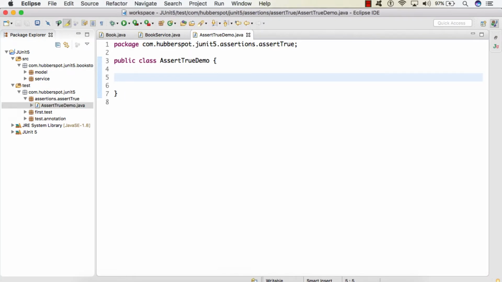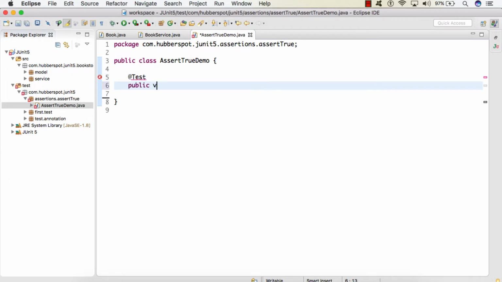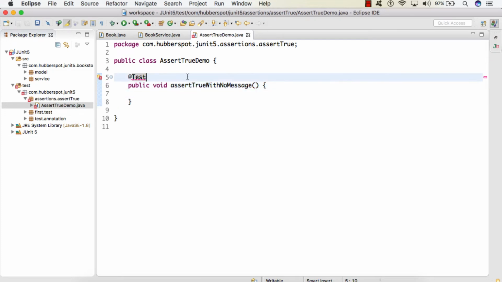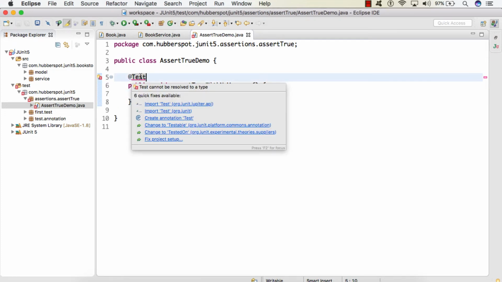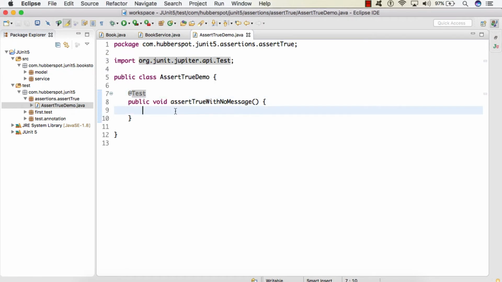So first here I will be creating one test method, public void. Let's say I give a name to it as assert true with no message. So I will be importing @Test from org.junit.jupiter.api. Now this is our test method.